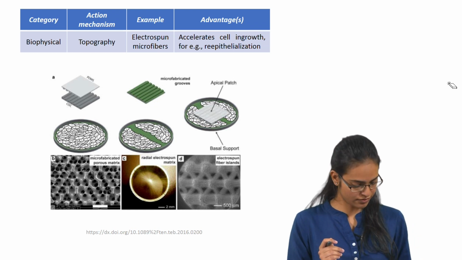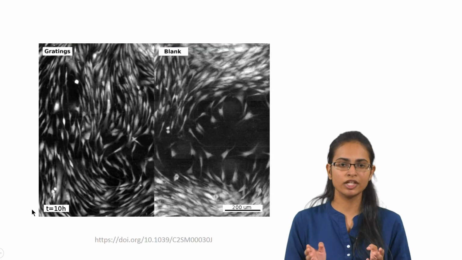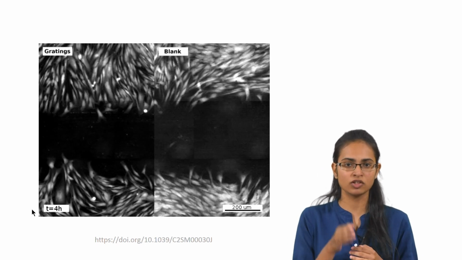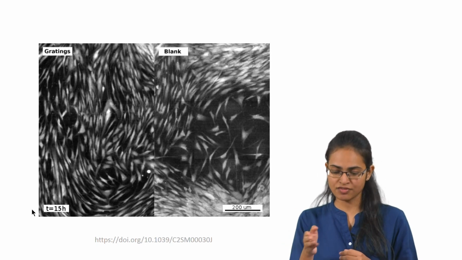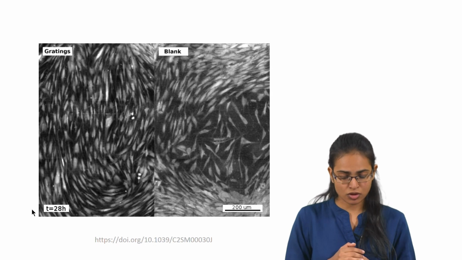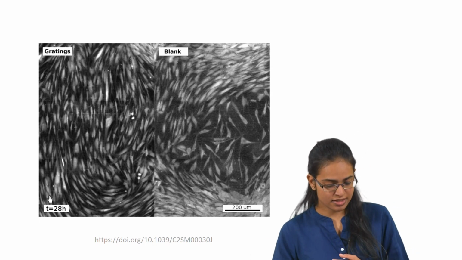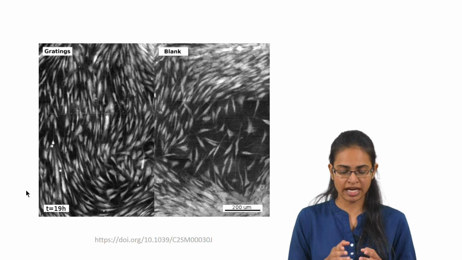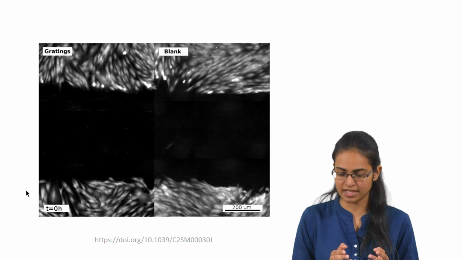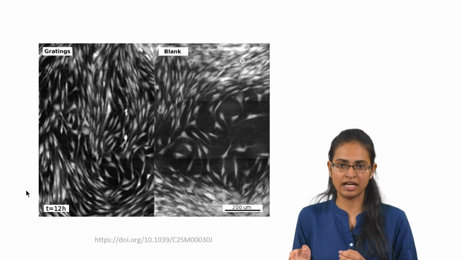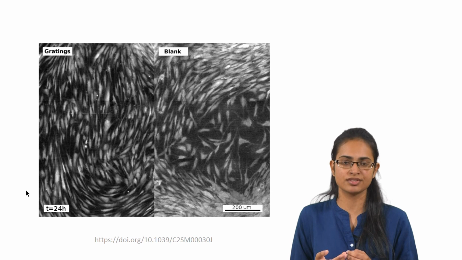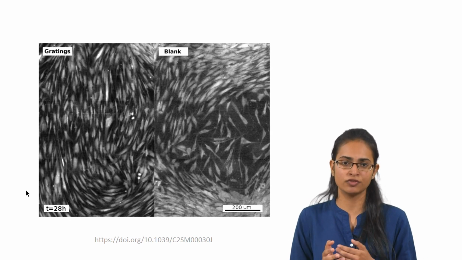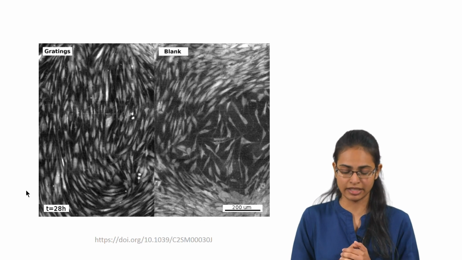Here you can see a video. In this video you can observe the difference in cellular dynamics between grafts that have perpendicular gratings and other grafts, blank grafts, that do not. Here at 12 hours there is considerable ingrowth of cells into the graft where the perpendicular gratings are present, while the blank graft, even after 24 hours of wounding, shows lower confluence compared to the one which has the gratings.